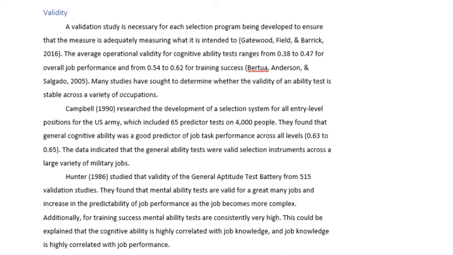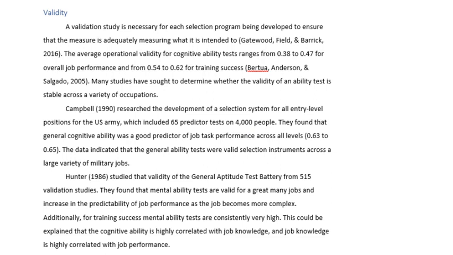Hunter in 1986 studied the validity of the General Aptitude Test Battery for 515 validation studies. They found that mental ability tests are valid for a great many jobs and increase in the predictability of job performance as the job becomes more complex. Additionally, for training success, mental ability tests are consistently very high. This could be explained by cognitive ability being highly correlated with job knowledge, and job knowledge being highly correlated